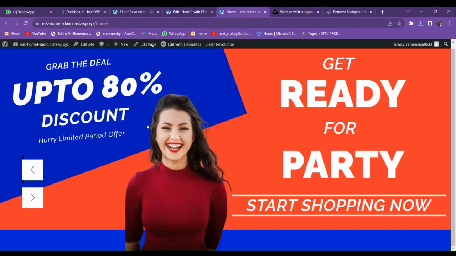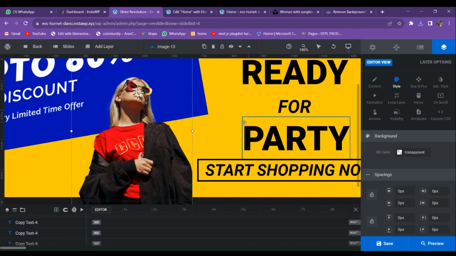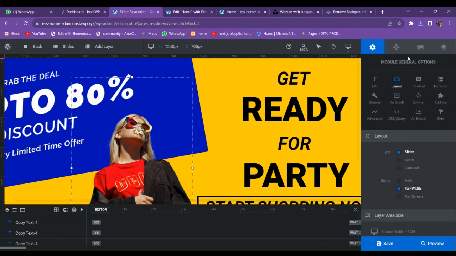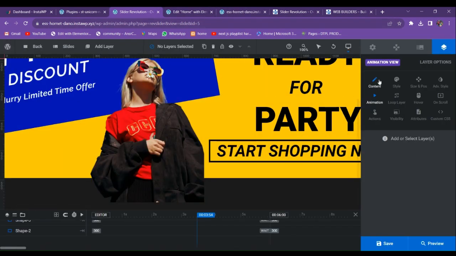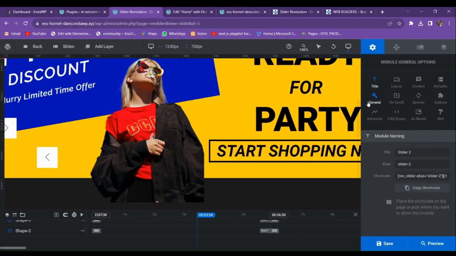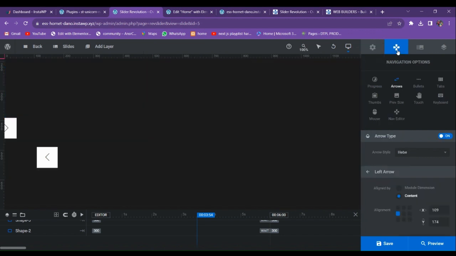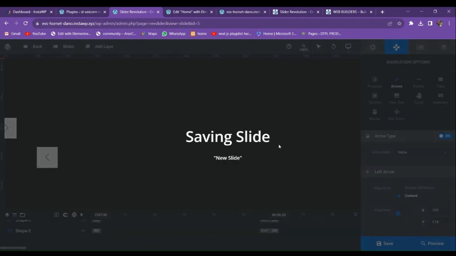For adding these arrows we have to go to the settings section. You can see that there is an option of the settings, and at the end we have this arrow option, and from here you can choose so many arrows. Choose the arrow according to you. Let me choose this, and by dragging and dropping here you can change its position. Let me save,